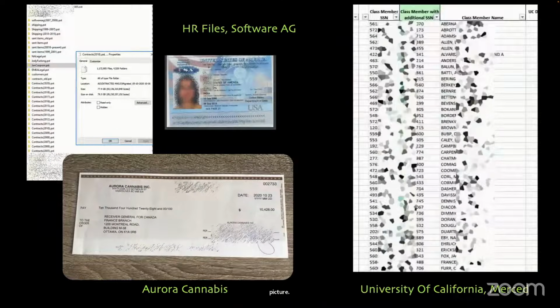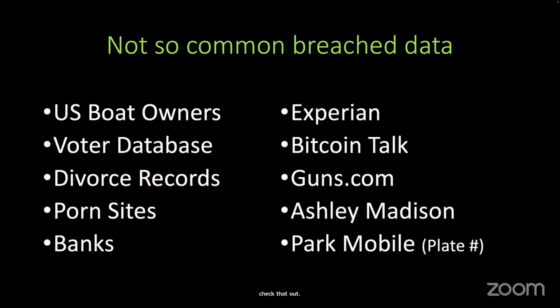What you see here on the screenshot, these are all from leaks and breaches. These are passport copies in different leaks or breaches. There are checks with information. I've redacted some of this. And here was an Excel sheet I found on the clear web, just by Google dorking: file type XLS or XLSX, and SSN in the name. These are social security numbers of students, student records. So you can find a lot of this on the clear web online. You just need to know where to look for it. There are a lot of breaches that I use when I'm collecting information.